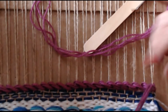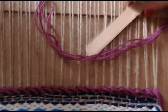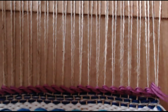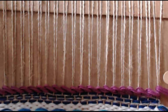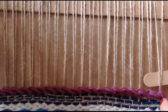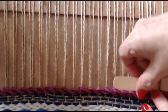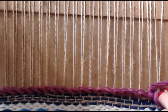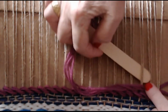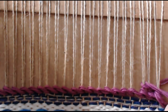This piece left is a bit too short to start the next row, so I've decided to leave that, and I'll deal with that later. I'll tuck that in later, but assuming or imagining that these two are just one long length. Okay, we're coming round here, through there, round here, like so, and then we're going back on ourselves again. So going that way, through there, around that way,